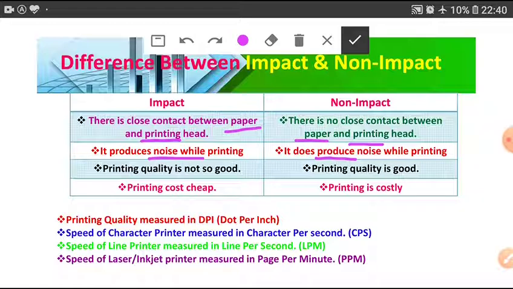In impact printers, printing quality is not so good, and printing cost is cheap. In non-impact printers, printing quality is good, but printing is costly. Means in this printer, per page printing cost is high. And in impact technology, per page printing cost is low.